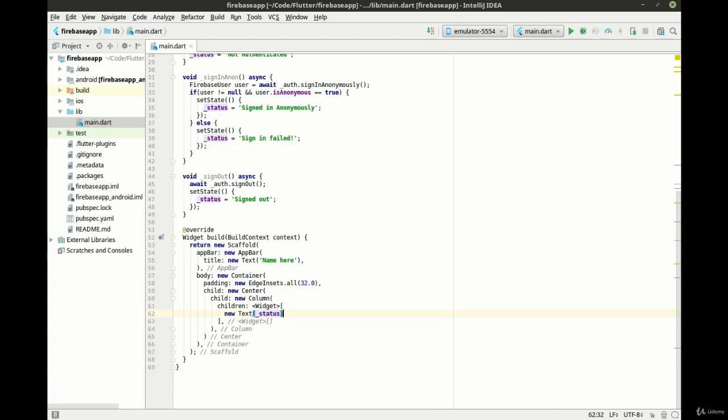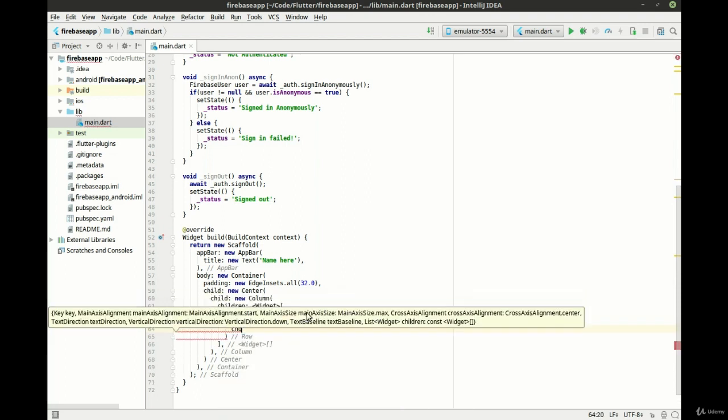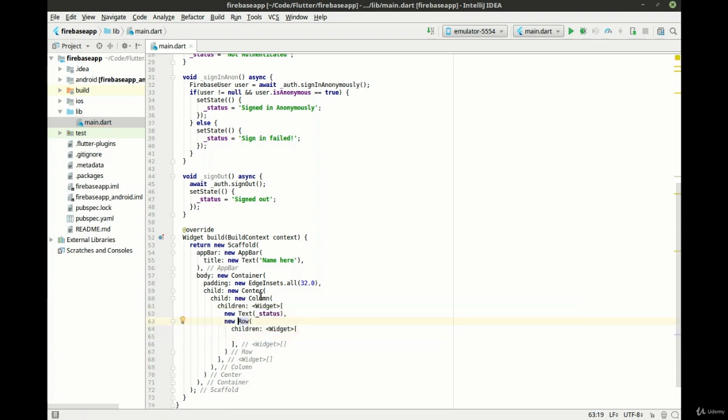And I want to put a row right underneath this. And we're just going to add 2 buttons here.